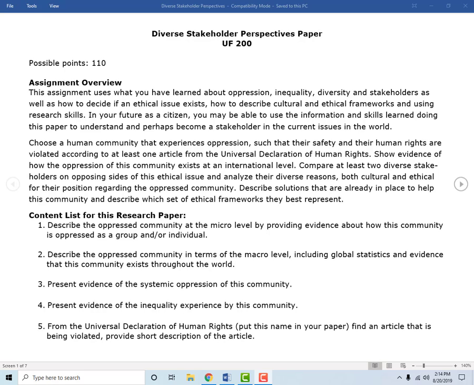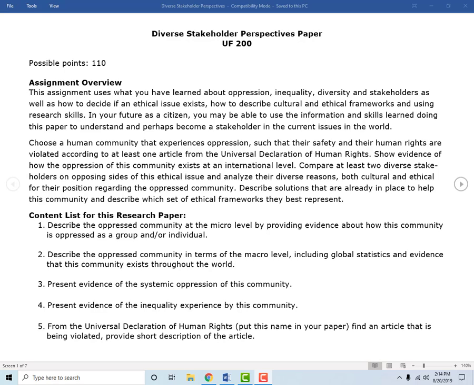Here are the instructions for the Diverse Stakeholder Perspectives paper for UF 200. There are 110 possible points. Assignment overview. This assignment uses what you have learned about oppression, inequality, diversity, and stakeholders, as well as how to